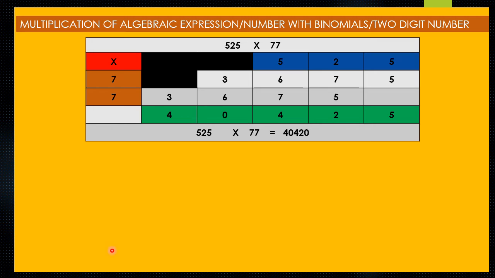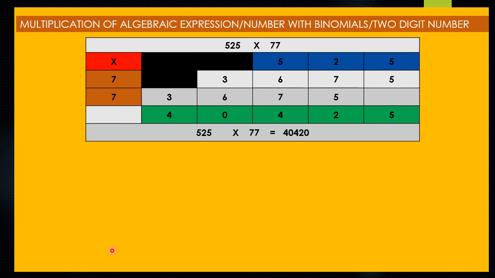While multiplying this unit digit, the 7, with 525, we have to multiply 7 with the unit digit, which is 5. While multiplying 7 with 5, we get 35. So put 5 here and carry 3 to the next position. While multiplying 7 with 2, we get 14. Adding the carrying 3, we get 17. Put 7 here and carry 1 to the next position. While multiplying 7 with the 5 at the 100 position, we get 35. And adding the carrying 1, we get 36. So put 6 at the 100 position and carry 3 to the 1000 position.